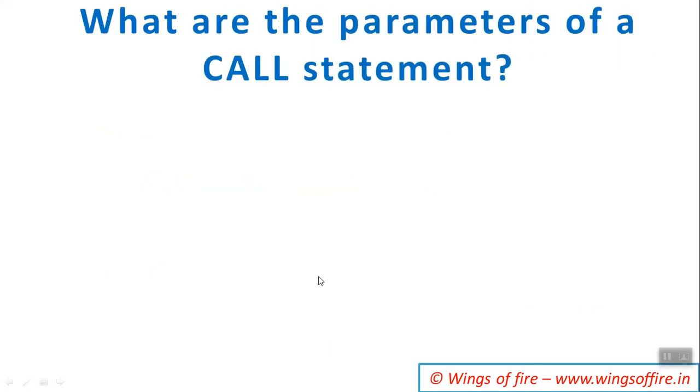What are the parameters of the call statement? There are 5 parameters for a call statement. The call is CALL 'CBLTDLI' USING a number of parameters. First is the PARM count, followed by the function code, which is a 4-byte field that tells what type of call we are going to give, whether get call, insert, replace or delete. Third will be the IO area, only one IO area for every call. And then SSA. SSA is optional. There can be up to 15 SSAs. We can have one SSA for every level of IMS DB.